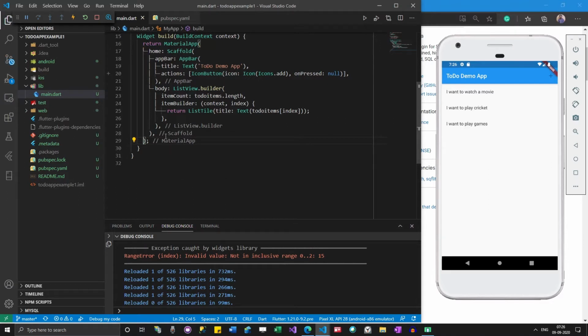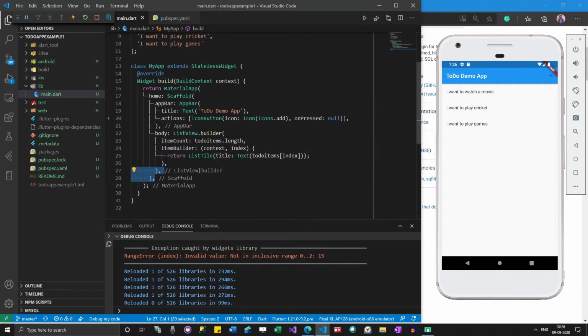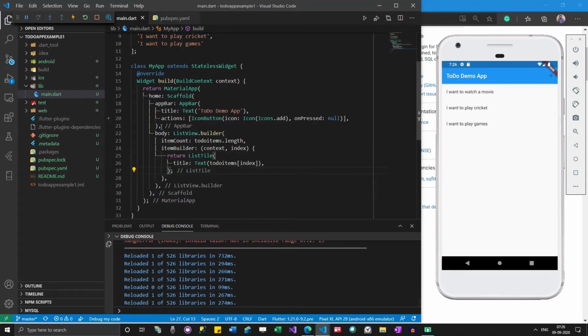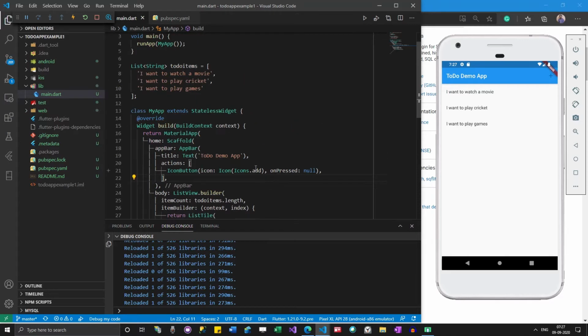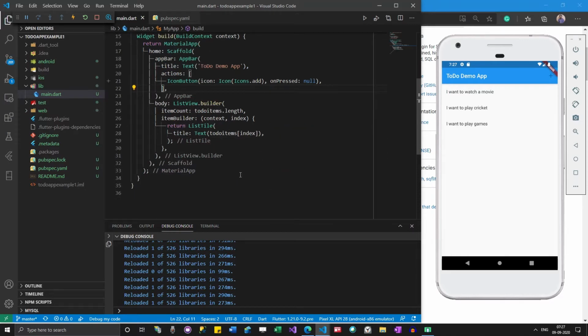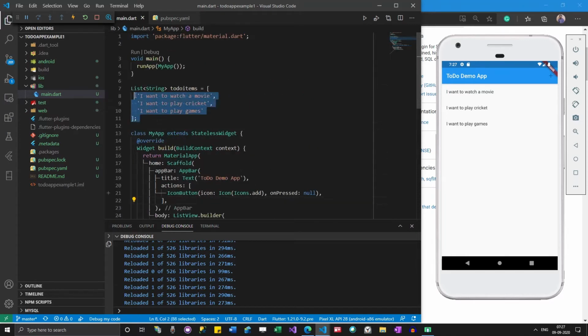Actually, what I have observed is many feel like adding these commas is very odd. But when you add these commas, the code will be formatted very nicely. For example, if I add a comma over here, you can see that it is broken very nicely. Everything moves to a new line. Now it looks very good. So now I have a list of items populated from this list.